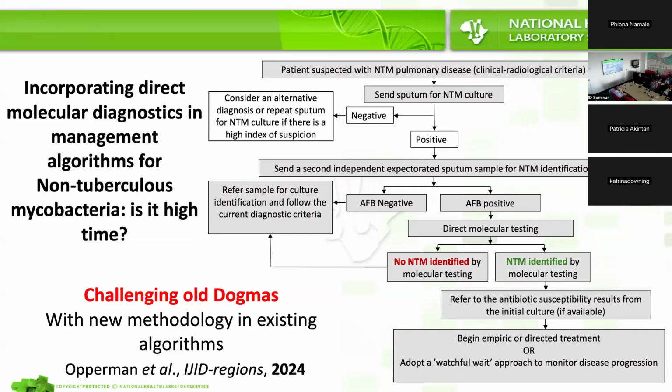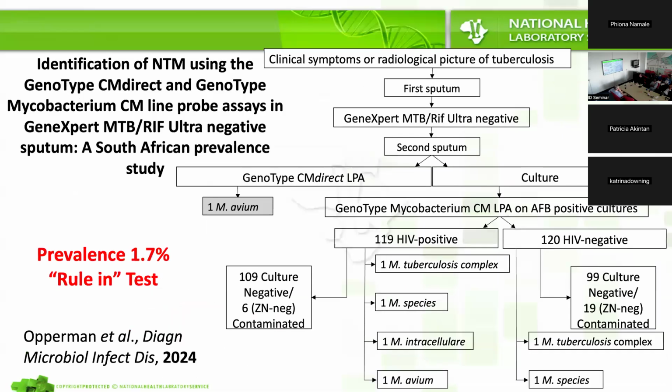So we were saying, why do you need the second culture if you can use a molecular test to identify the second culture? Because that's all that it really does. It helps you identify the clinical relevance of your first culture, which can also go for susceptibility testing if needed. So we were challenging that dogma a little bit and giving some updated guidelines or recommendations of how we can incorporate molecular testing to immediately identify that second specimen for us.